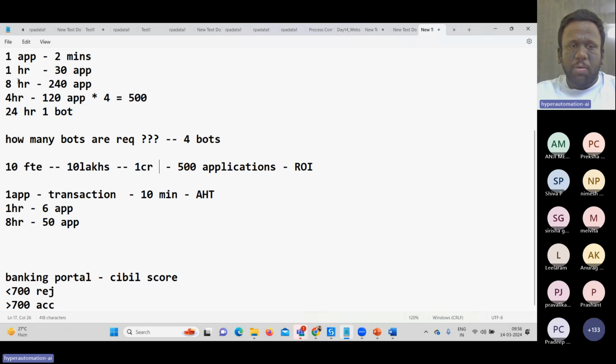But here, since I'm utilizing only 2 bots, my license is only for 2 bots, so you need to procure the license, right? Let's say each license is going to cost you 10 lakhs. You're investing only 20 lakhs here. So what is the ROI we have here? At least we can see a saving of 80 lakhs. I'm just talking at a very high level, but there are a lot of calculations when you calculate your ROI in your implementations of the automation center. But to understand at a very high level, it's going to cost you 20 lakhs, but your savings have come